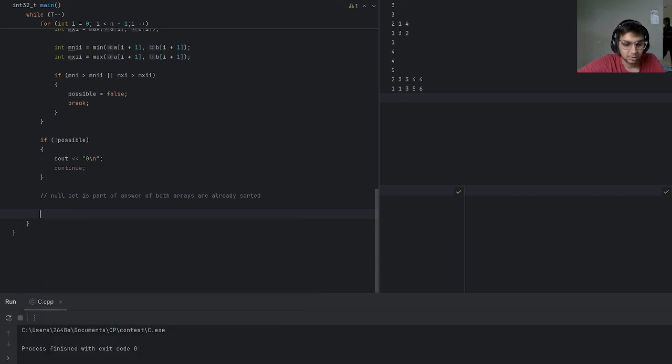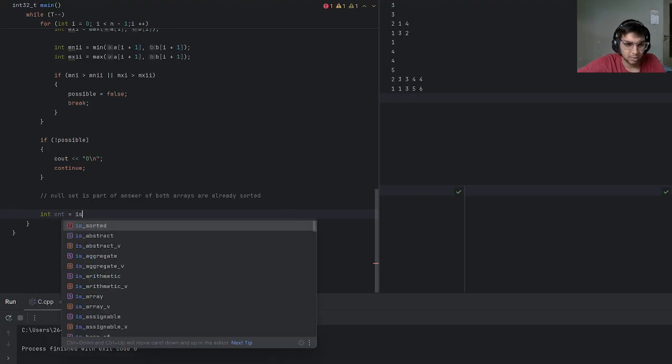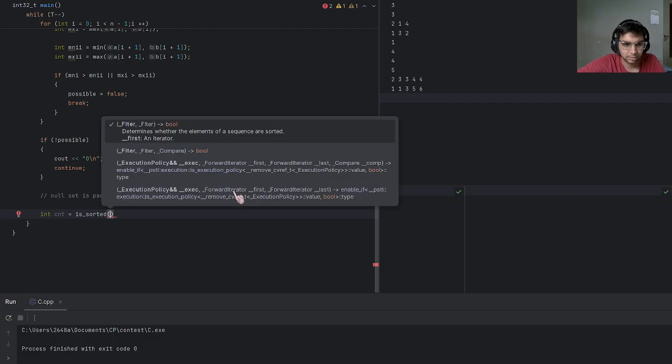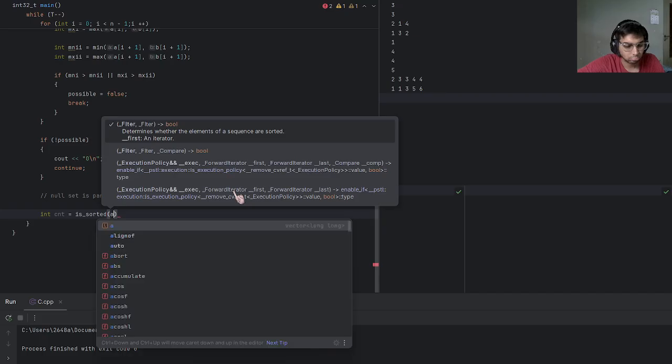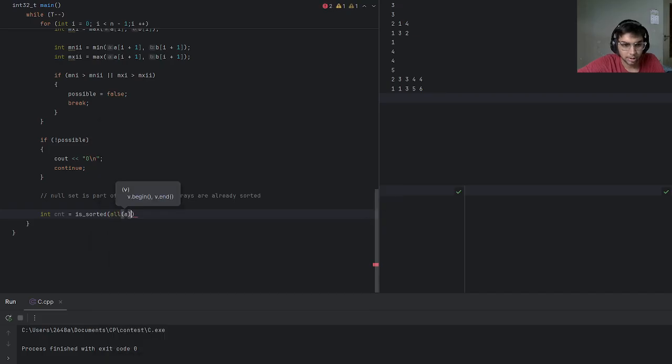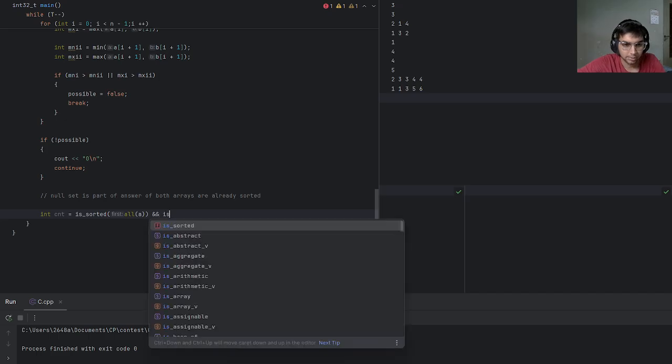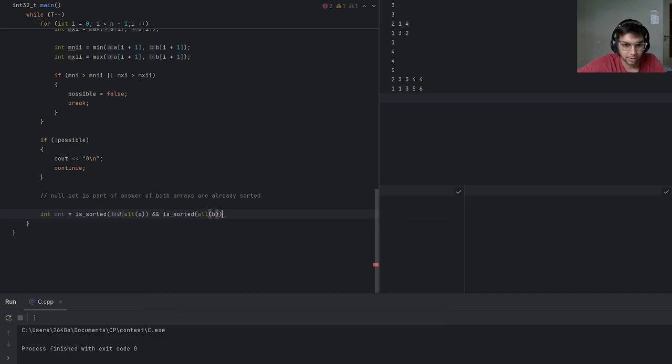So we can just directly select, I guess, sorted A and is sorted B. So if they both are already sorted, then null set is also part of the answer. So